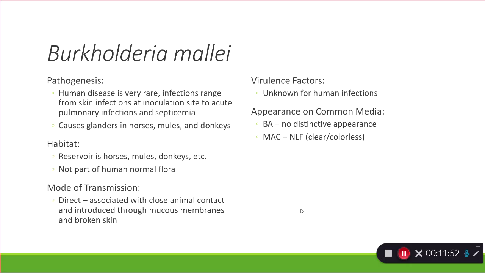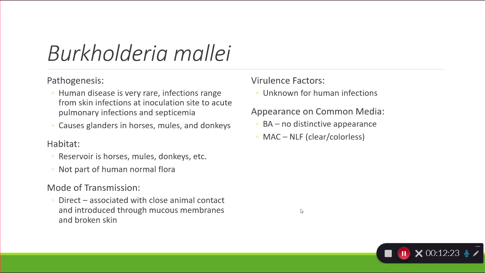This next one is Burkholderia mallei. Human disease is very rare, and infections range from skin infections at the inoculation site to acute pulmonary infections and septicemia. This can cause something called glanders in horses, mules, and donkeys. Therefore, the reservoir is horses, mules, and donkeys, and it's not a normal human flora. The mode of transmission would be close contact with animals, and it can be introduced through the mucous membranes